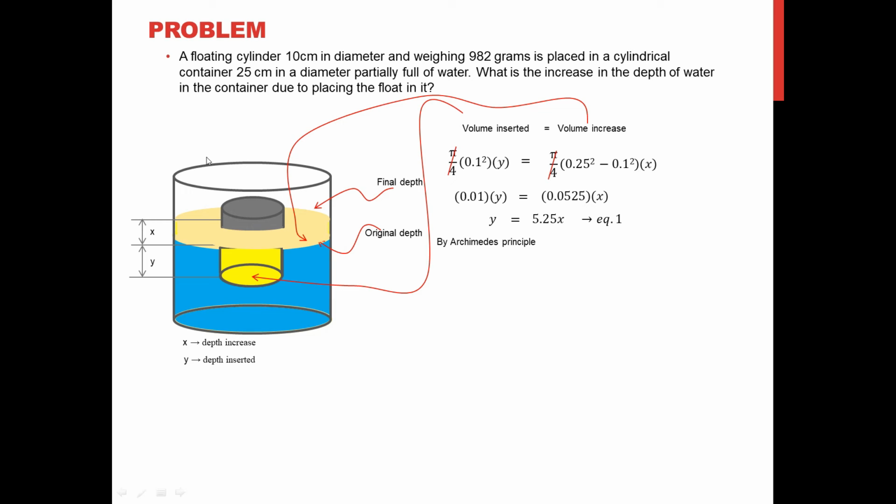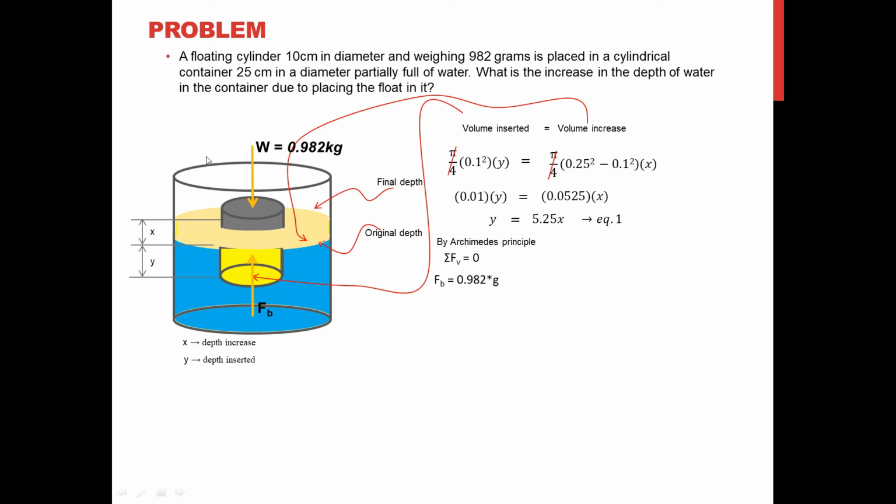This time, I'm going to utilize the Archimedes principle. So we have first the weight of that float, that is 0.982 kilograms, or 982 grams, equal to 0.982 kilograms. So there will be also a corresponding buoyant force for the submerged portion of this float, that is denoted by Fb. So by summation, forces vertical is equal to 0. The buoyant force is equal to